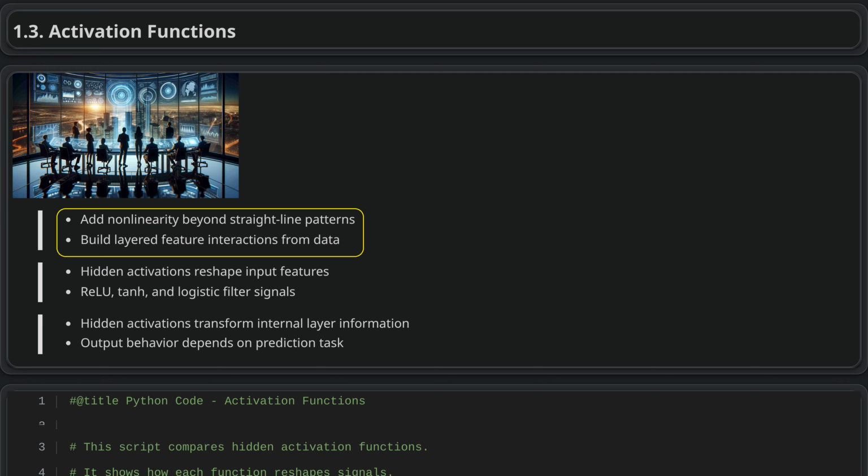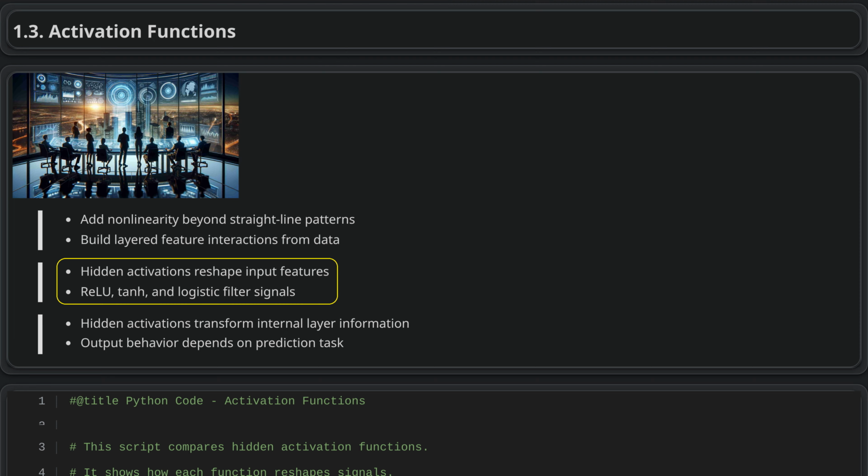response to a promotion. In Scikit-Learn multi-layer perceptron models, activation functions shape how hidden layers transform input signals. Rectified linear activation is often efficient because it keeps positive values and suppresses negative ones. Hyperbolic tangent produces centered negative and positive outputs, while logistic activation compresses values between 0 and 1, but can slow